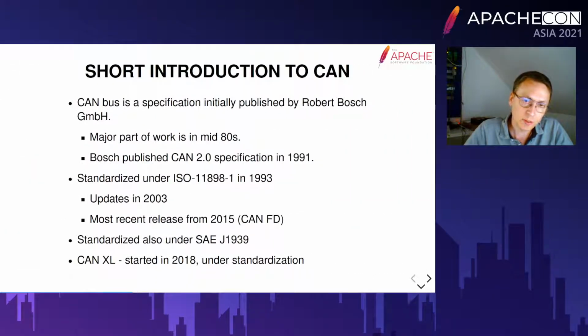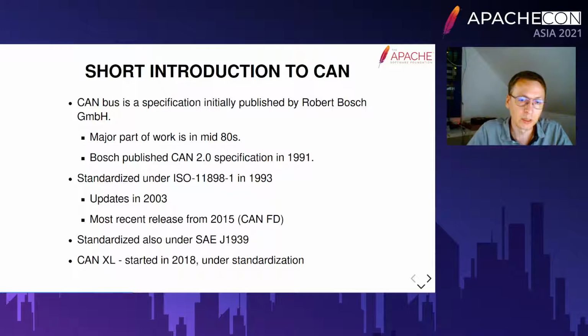So let's talk a bit about CAN. The CAN bus is a specification which was initially published by Robert Bosch. This is a company which looked for a solution in the mid-80s to introduce a fairly cheap and affordable way to connect car peripherals, and they found this way and published the CAN specification in the late 80s,